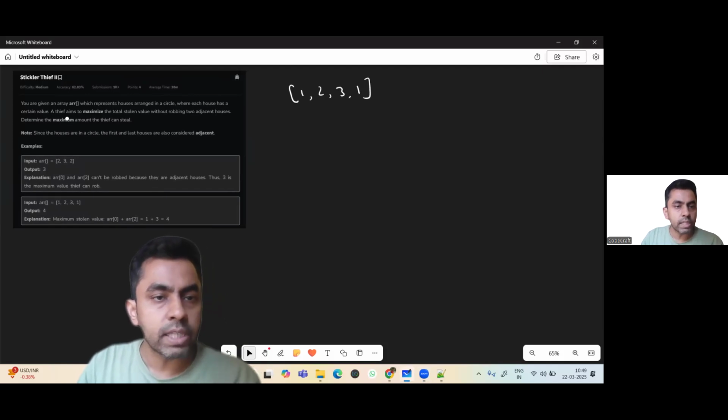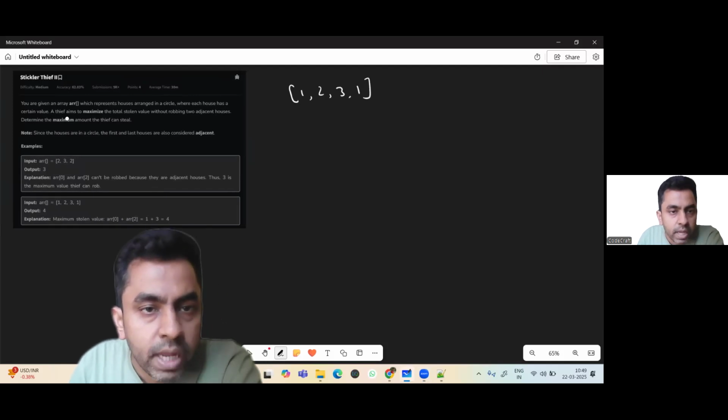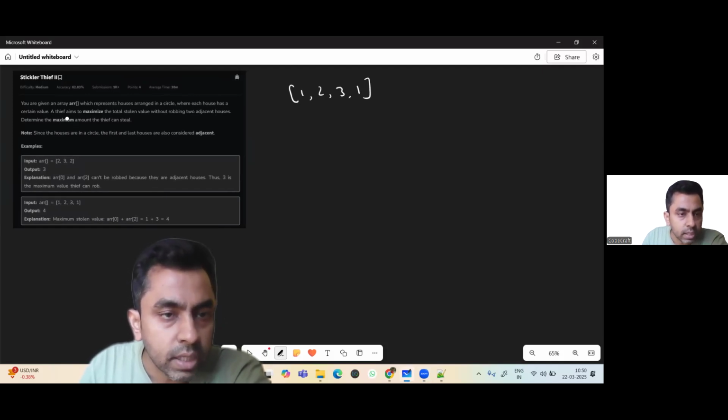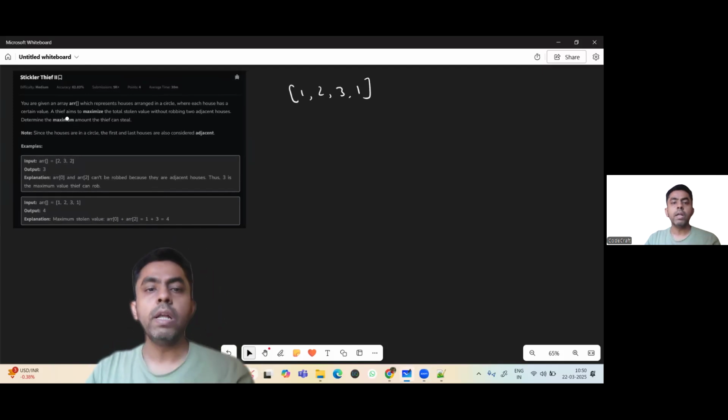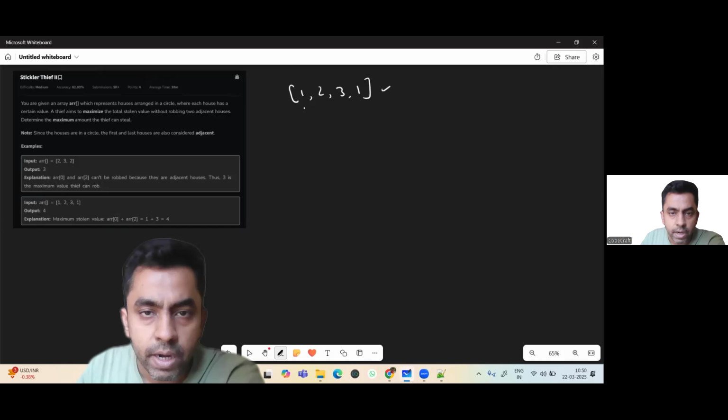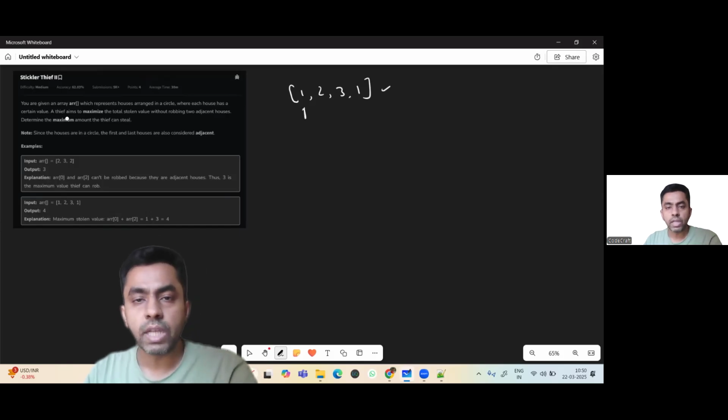A thief aims to maximize the total stolen value without robbing two adjacent houses. So determine the maximum amount the thief can steal. Note, since the houses are in a circle, the first and last houses are also considered adjacent. So here we have been given an array and each element represents the amount present